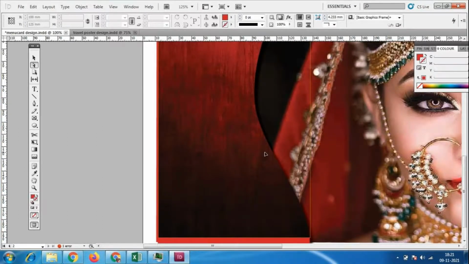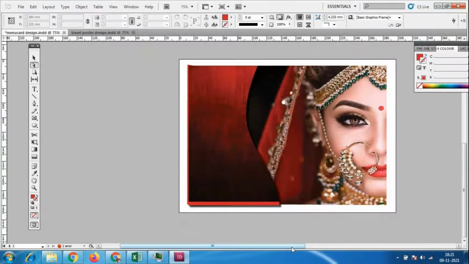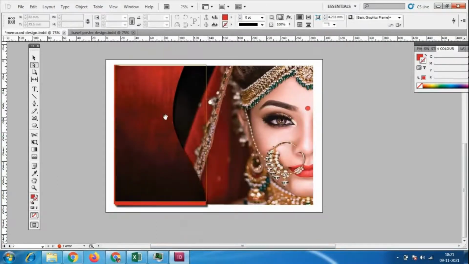Okay, something which is related to this bridal image, we can place the contents or the company logo. Those things we can mention here. But we have three columns here, which is going to come in an A4 size. We can fold this image into three columns. One column will be like this and one column like this, because we have already covered it completely.